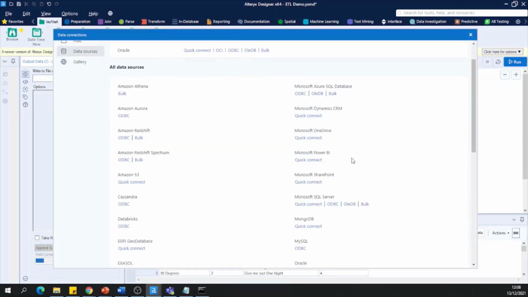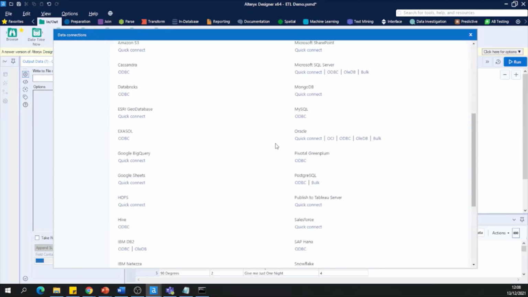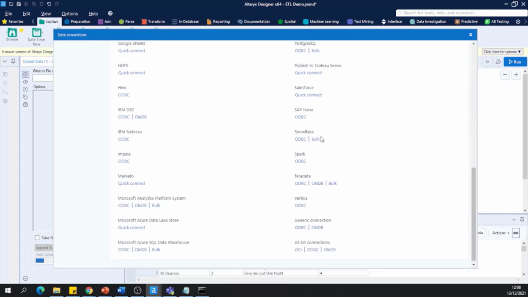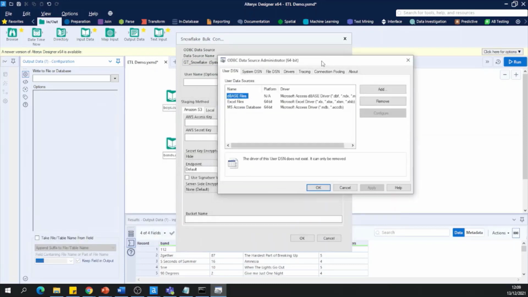So if I navigate to the different selection of data sources, you'll see there are tons of different ones to choose from, but we obviously want Snowflake. So if I scroll down, you'll see Snowflake is over here, and there's an option to connect via a bulk load or just an ODBC connection. So I'm going to select bulk, and over here you'll see I have my data source that I've created in Snowflake, which is Garth_Snowflake. And if I show you the configuration of that,